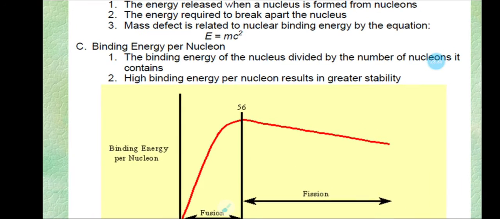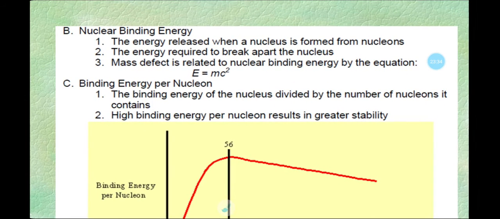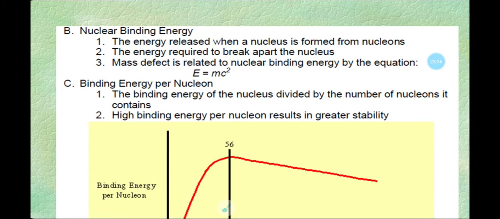Let us see the nuclear binding energy, how the nucleus exists. We know there is electrostatic repulsion between similarly charged particles, and we know the nucleus consists of a number of protons. The protons are positively charged particles. So to overcome the electrostatic repulsion between the protons, the neutron number plays a very important role.